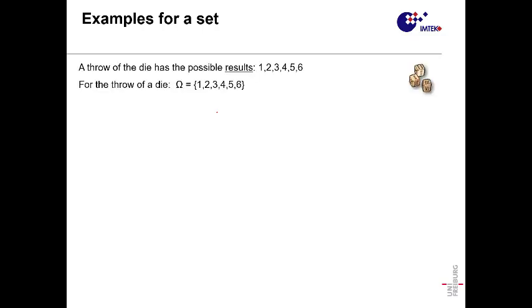Alright, so we have talked about set, subset, omega, and empty, but we have not shown any example, and I think it's good to always relate to reality, or whatever you call reality, with examples of sets. For example, when you throw a die, what are the outcomes that you can get? If you use a normal die, you can get a 1, 2, 3, 4, 5, 6. So the whole set of possibilities, 1, 2, 3, 4, 5, 6, is your omega. And then any subset would be the one, the two, or the one and the two, the three and the four, and so on. Okay? So this is an example of a set.